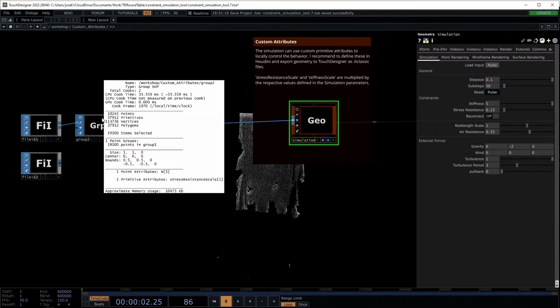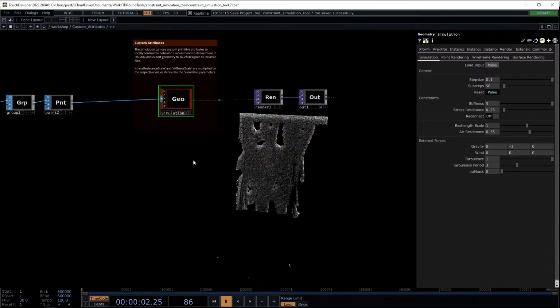If there's a way for you to export from Blender to TouchDesigner such that you get the primitive attributes, then it will definitely work. So what you need to do is to find a way to have an attribute here that needs to be a primitive attribute that's called stress resistance. Maybe someone else knows, but